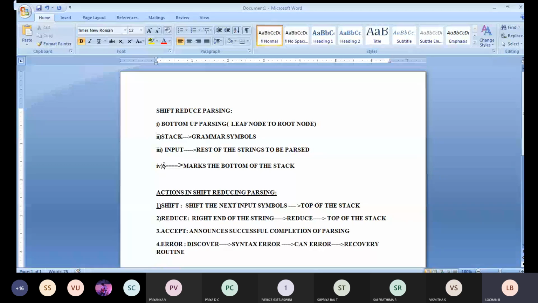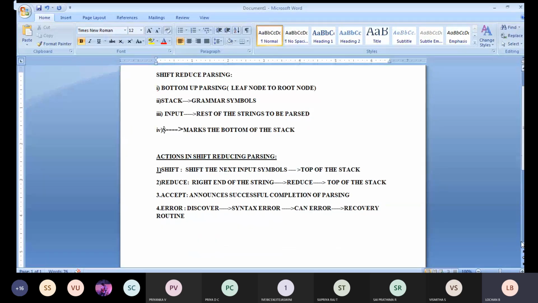These are the four important actions we will be following in shift reduce parsing. First one is shift. Shift means we shift the next input symbol. For example, we give a certain input string, and for that input string we will be shifting the input to the top of the stack. Next is reduce. Reduce means, from which direction will we be reducing? We will start